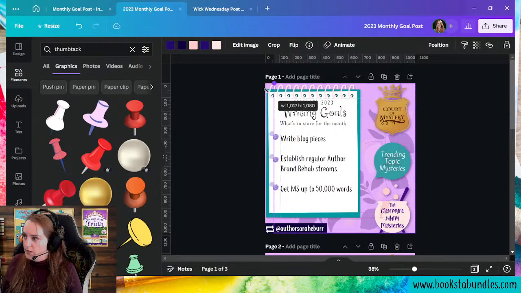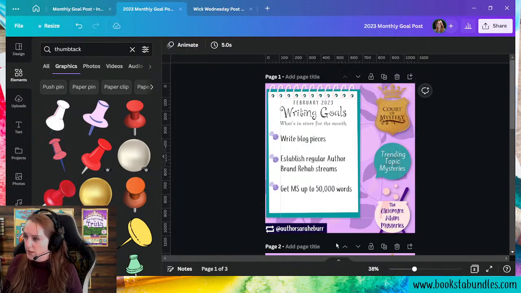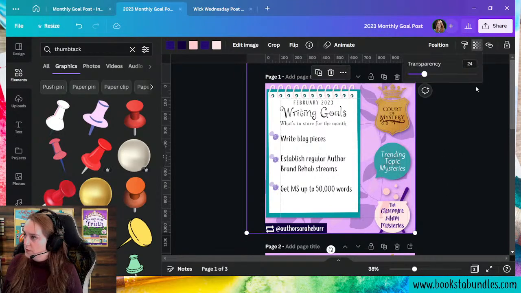So what I'm doing is I'm just bringing in this really pretty design that I love, and I'm just making it barely visible to just add a little bit more